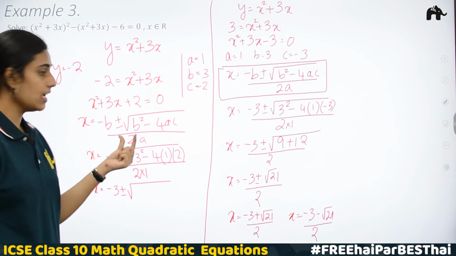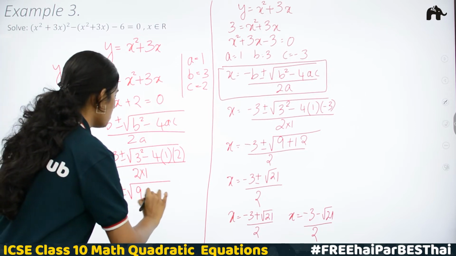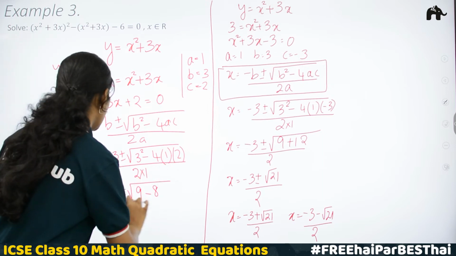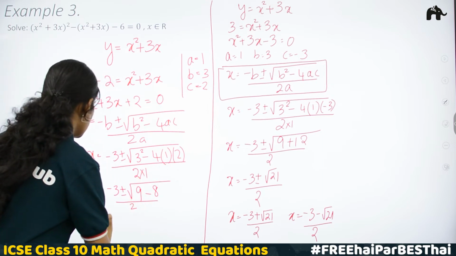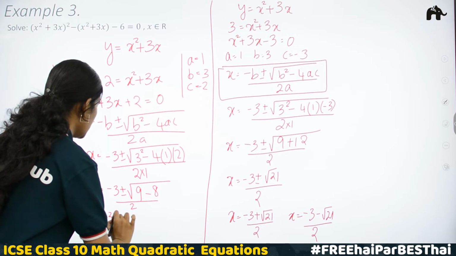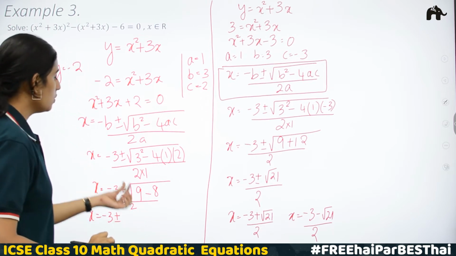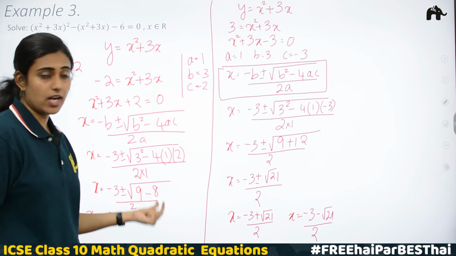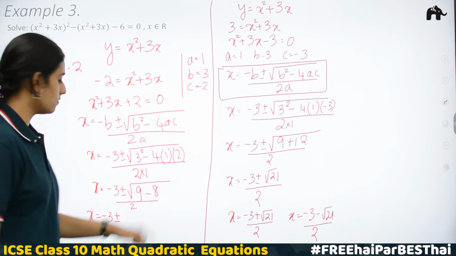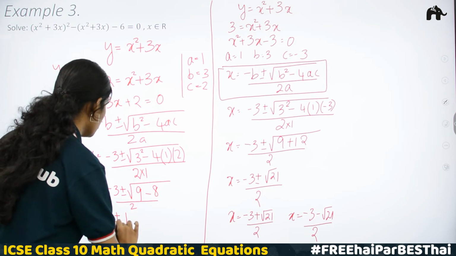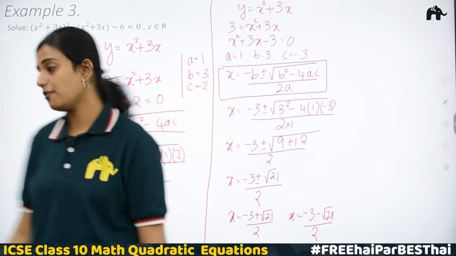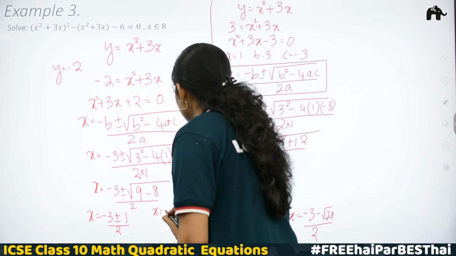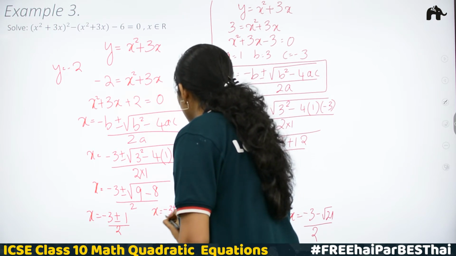What is 3²? 3² is 9, minus 4 into 2, that is 8. x = (−3 ± √(9 − 8)) / 2. 9 minus 8 is 1, root of 1 is 1. So the two possible values of x: either x = (−3 + 1)/2